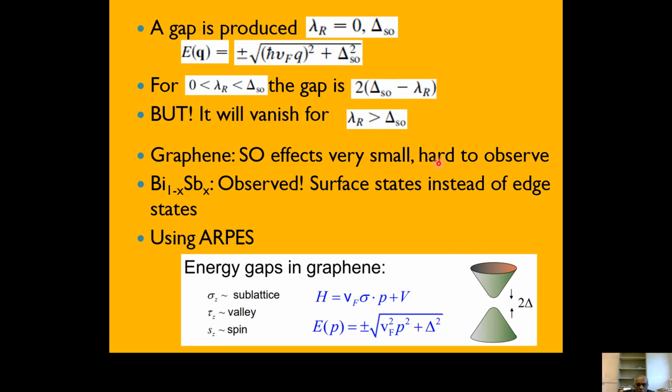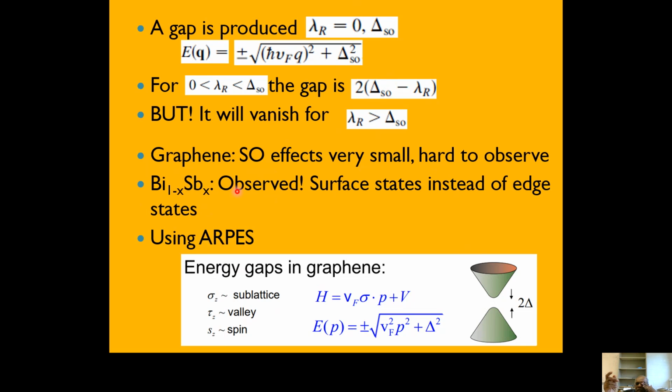So that's why we need to talk about some other materials that have good topological insulator properties. Actually, the first material where they saw the topological properties is bismuth antimonide. In this one, they saw that the inside of the bismuth antimony crystals is very insulating, but they see conduction at the surface. So the conduction is coming from the surface states, not the edge states, because these are three-dimensional materials, so we'll talk about that one.